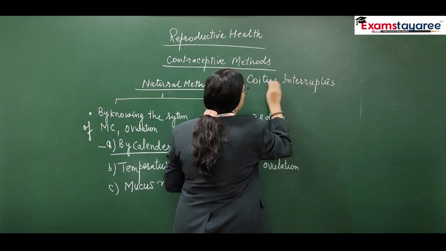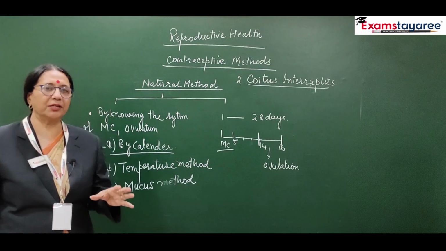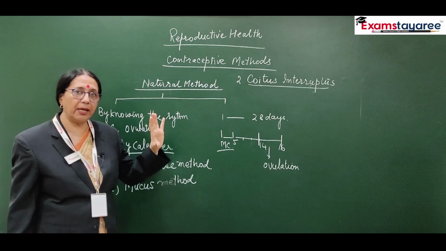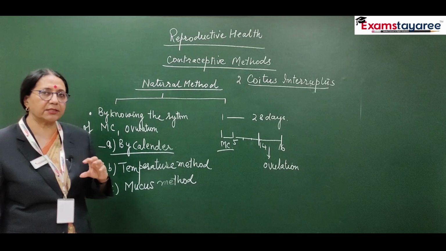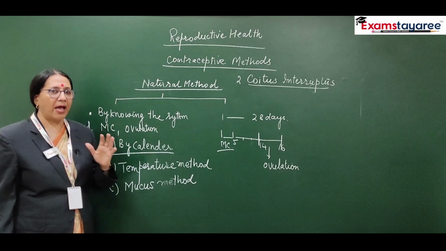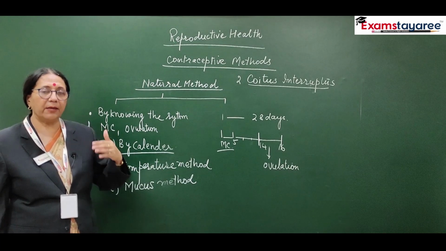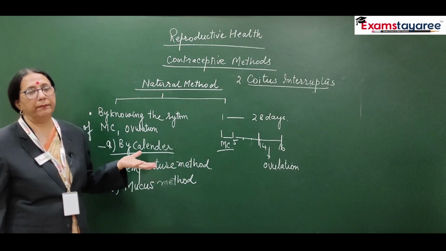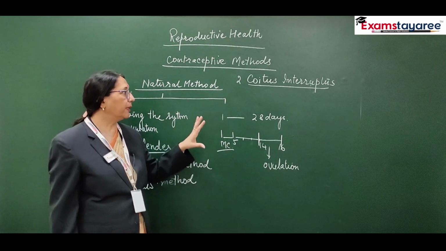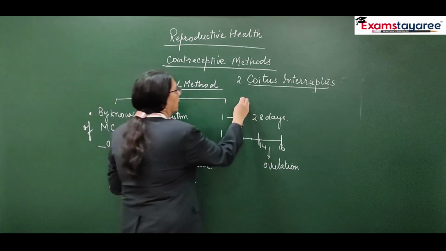Coitus interruptus. As the word denotes, there is interruption in the coitus. Here the male has to withdraw himself just as he feels he is going to ejaculate. He should withdraw himself and ejaculate outside the female body so that the semen may not go into the vagina and pregnancy can be avoided. Now, this is also a very difficult method and not a foolproof method. The third method is